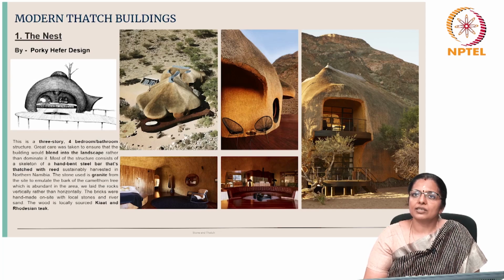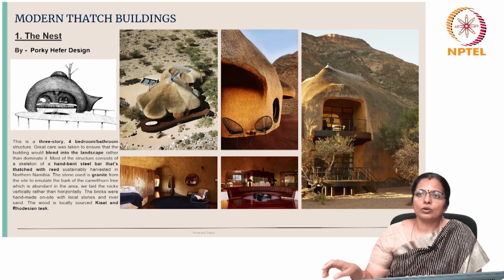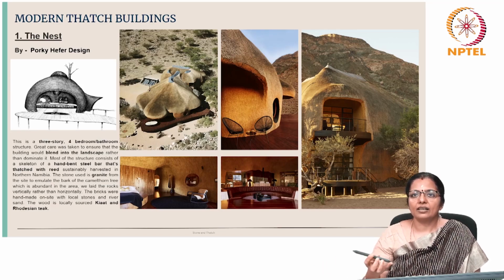Most of the structure consists of a skeleton of hand-bent steel bar that's thatched with reed sustainably harvested in northern Namibia. The stone used is granite from the site to emulate the bark of the camel thorn tree, which is abundant in that area. This was laid on rocks vertically rather than horizontally. The bricks were handmade on site with local stones and river sand, and the wood is locally sourced